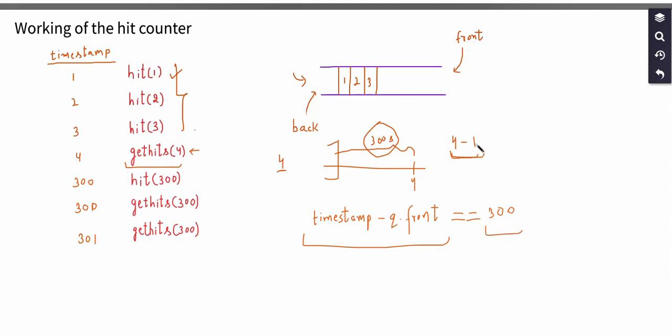We have just elapsed 4 seconds, while to remove the elements from the queue we at least require 301 seconds, so that we decrease the range of the timestamps to 300. But here the range is already 3, hence we do not have to remove any element. So the answer is 3, which is the size of this queue. Then we push 300 in the queue, which is the next timestamp, and then we again call the get hits